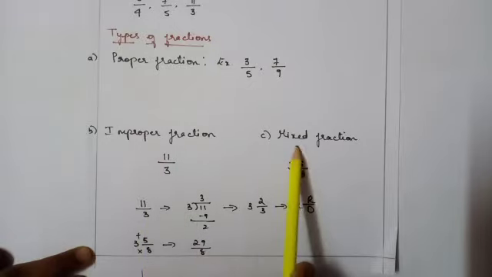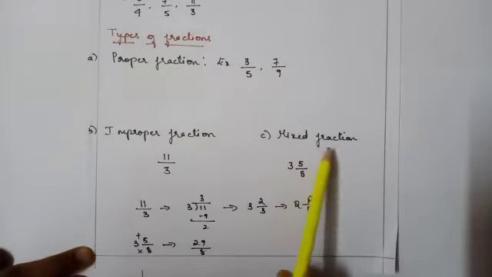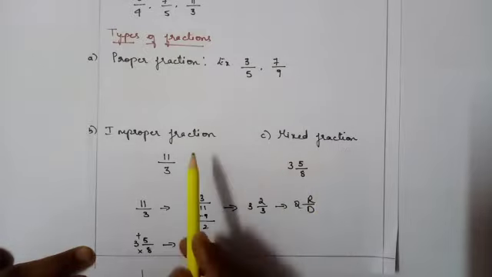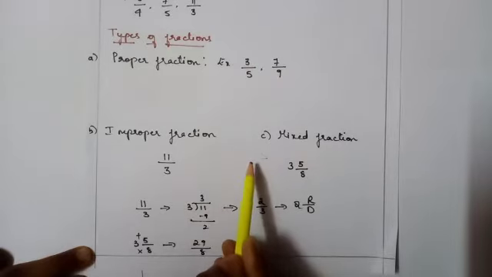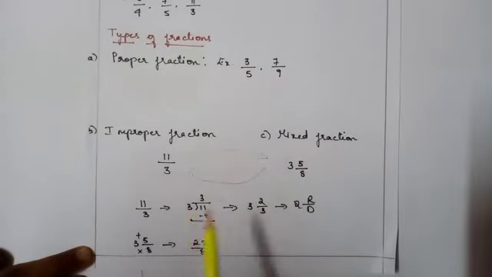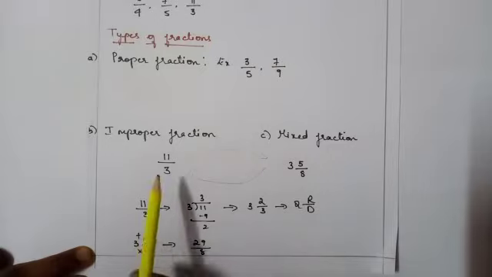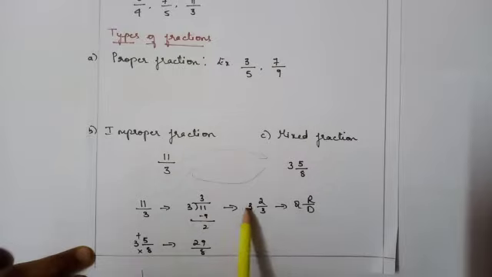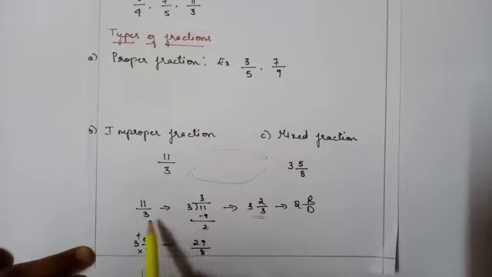The next one, mixed fractions. A whole number and a fraction are called as mixed fraction. We can convert improper fractions to mixed fractions and mixed fractions to improper fractions. For example, I'll take the improper fraction 11 by 3. I divide it. I keep the denominator in the same place, quotient in the middle, and I'll keep the remainder in the numerator. So this is the mixed fraction of 11 by 3. This is the 3 2 by 3 is the mixed fraction of 11 by 3.